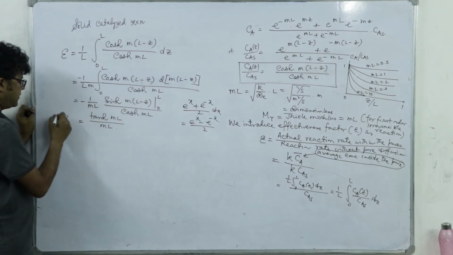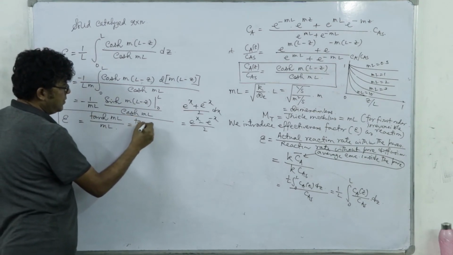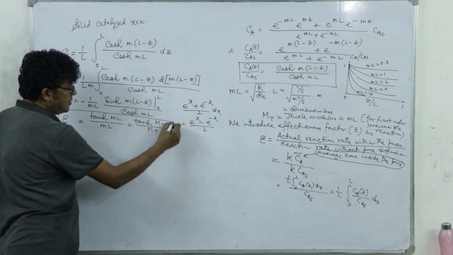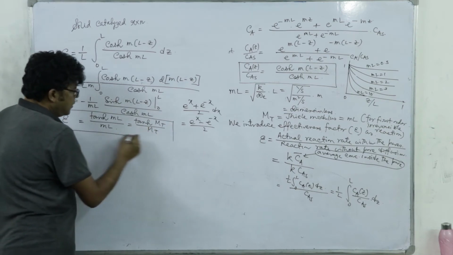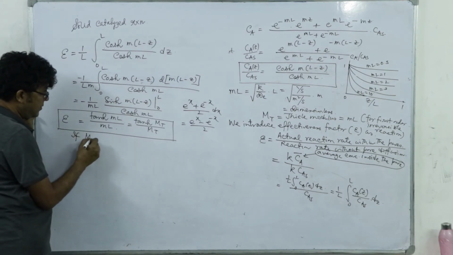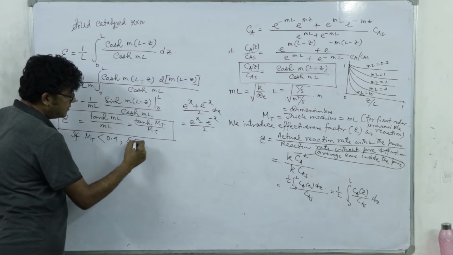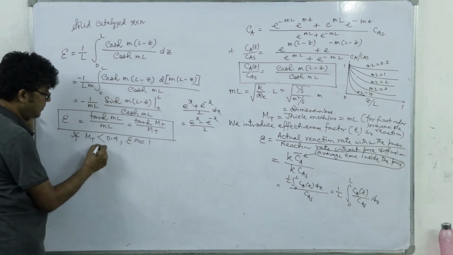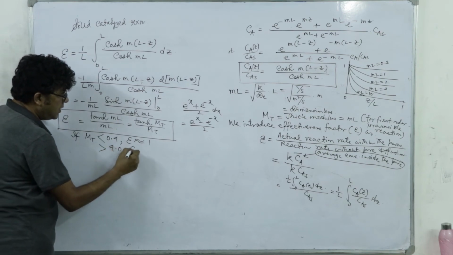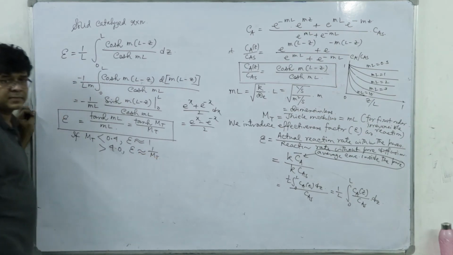So, that is epsilon. And alternatively, we can use a different symbol, tanh of Thiele modulus by Thiele modulus, that is tanh MT by MT, right. So, what happens if the Thiele modulus is less than 0.4, epsilon is close to 1, and when MT is greater than 4, epsilon can be fairly approximated as 1 by MT.